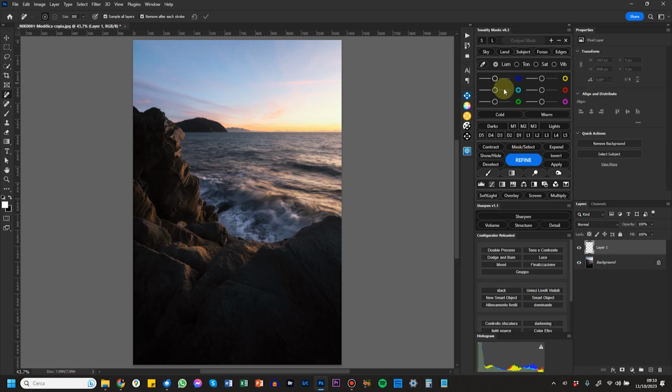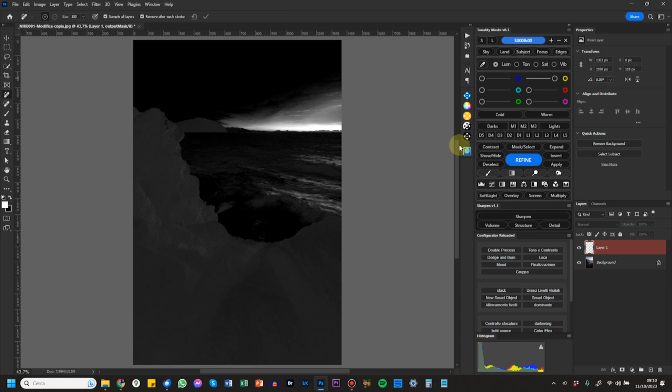So let's jump here with the color section called Spectrum. In the color section you have the possibility to select just one color to create just the mask you want based on color. Now, for example, let's say I want a selection of the yellows in this photo. I can click on the yellow dot. And so you see only the yellows are selected.